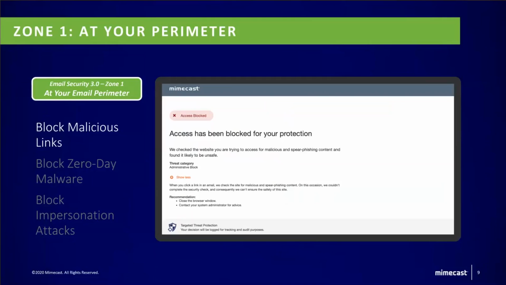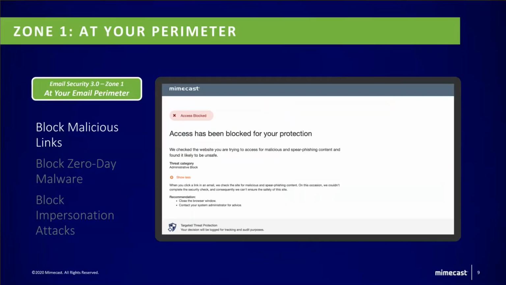Now, one of the key things to consider, and one of the key differences with Mimecast, is that we scan the URL on every single click. Some vendors will scan the link as it comes through. The problem with that is that if the URL gets compromised at a later stage, there's a very common attack called a delayed exploit attack.